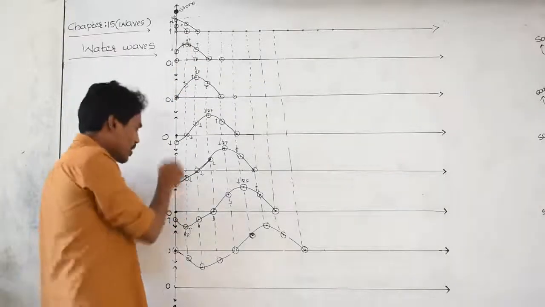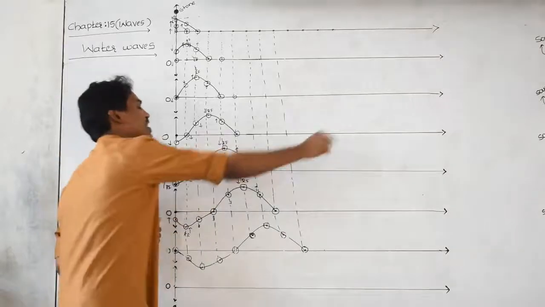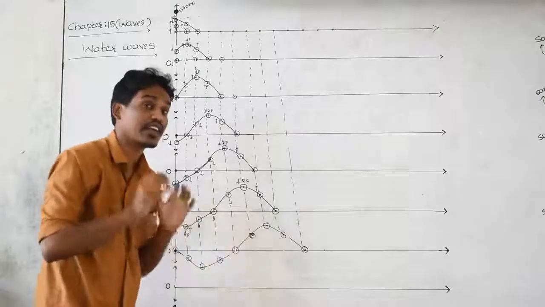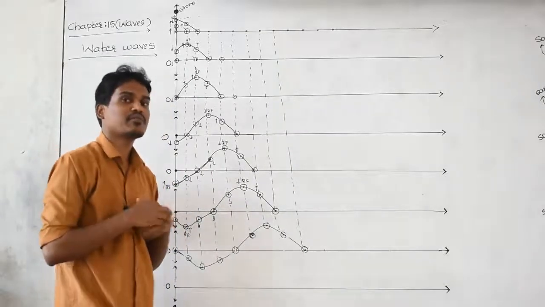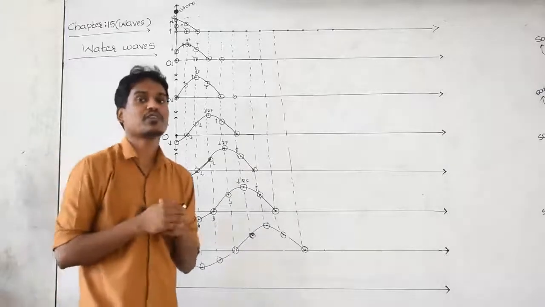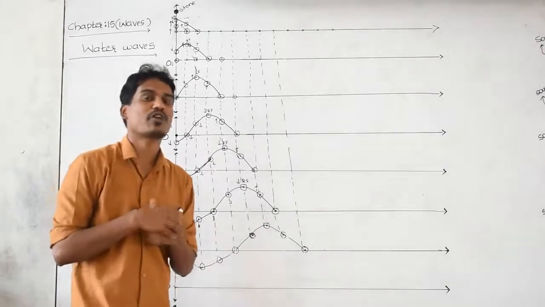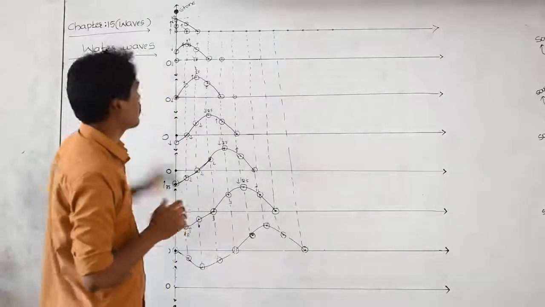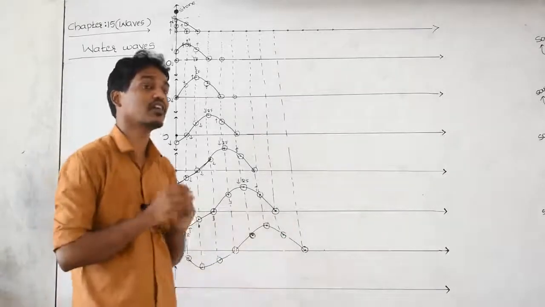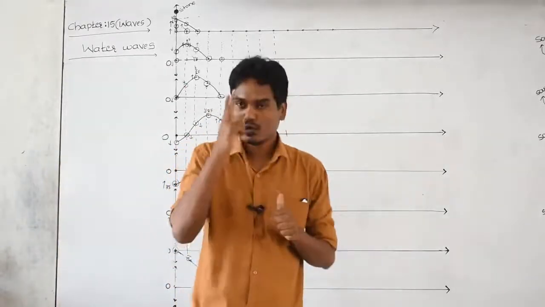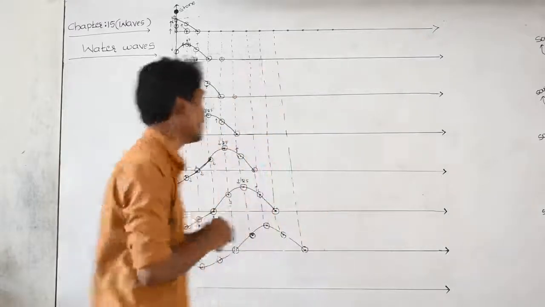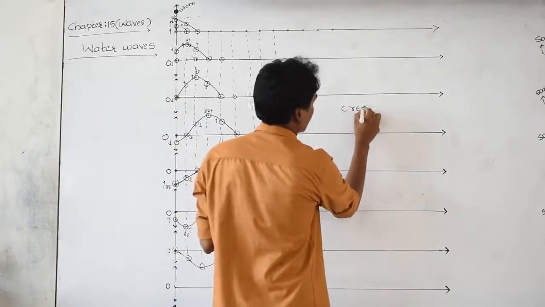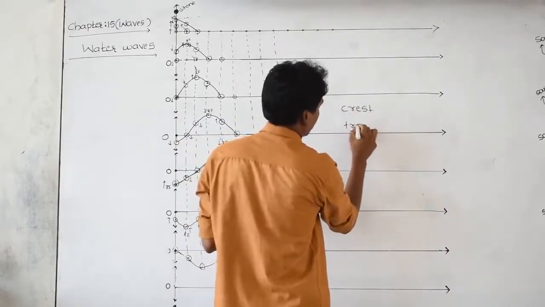How come? The water particles are vibrating like this, the wave is moving in x, water particles are vibrating in y. What is the angle between those two? 90 degrees. If the angle between vibration of the particles and the propagation of the wave is 90 degrees, then that wave is called a transverse wave. And the transverse wave can be represented graphically or characterized by two important words. One is a crest, another one is a trough.